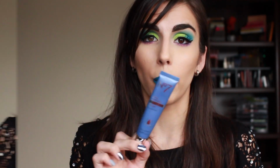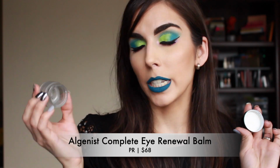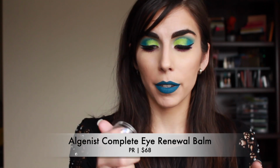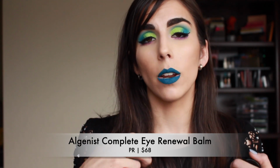So I was very impressed with how long it lasted. It's just a typical 1 fluid ounce, but a little goes a very long way. This is the Algenist Complete Eye Renewal Balm. I just finished this up a couple days ago. This lasted a very long time. I was very impressed, and also I was very impressed with how nicely it moisturized my skin with it being